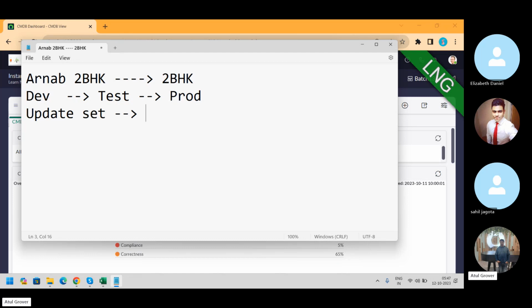What does this update set do? This update set captures everything except data. It is a container which keeps storing the business logic, configuration, and customization code in itself. And now we are moving this particular update set from one instance to another instance. Practically telling you, this work is only and only done by the developers, not by the consultants, because we are not bothered